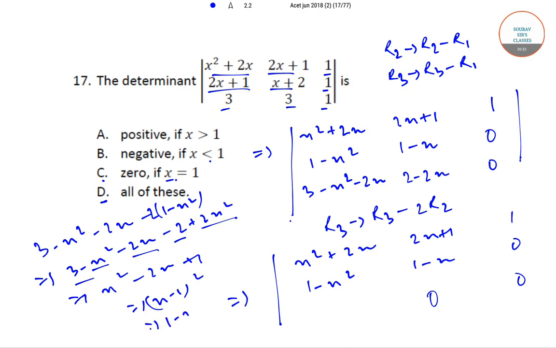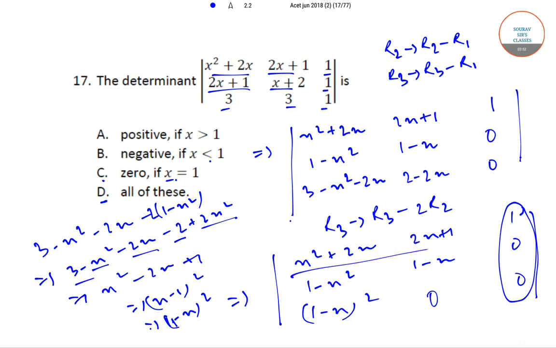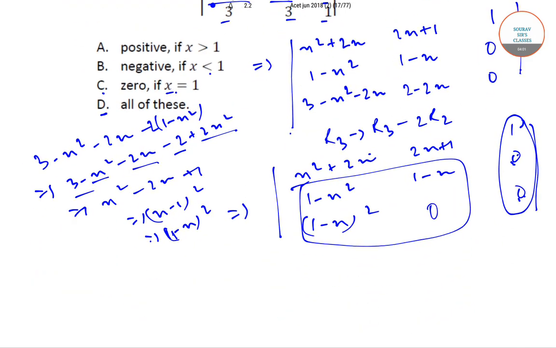You can also write this as 1 minus x whole squared, which gives us 1 minus x whole squared. Now expanding using these, we'll just need this, because if we expand along this we get 0. So the value of the determinant is 1 into 1 minus x into 1 minus x squared, that is 1 minus